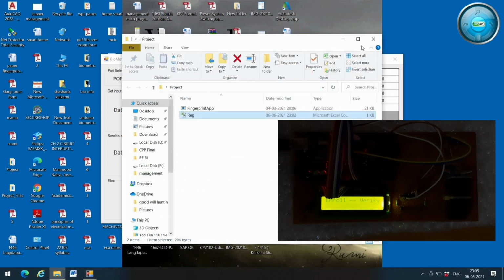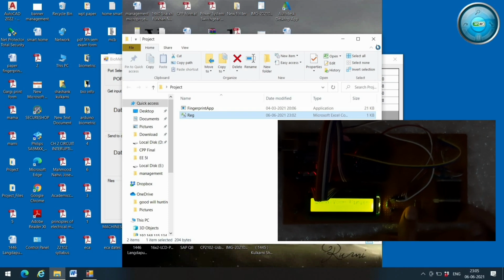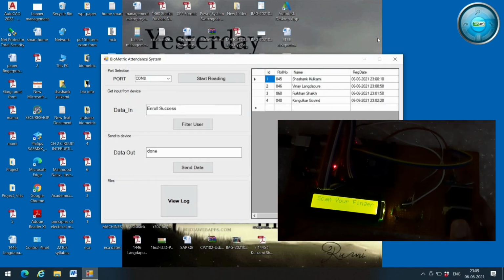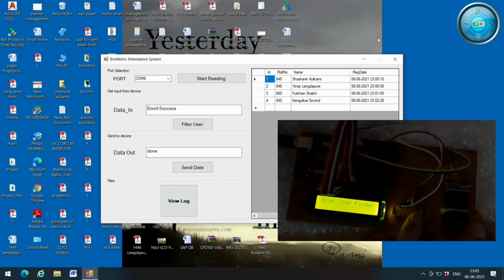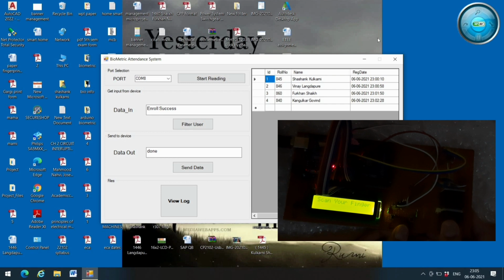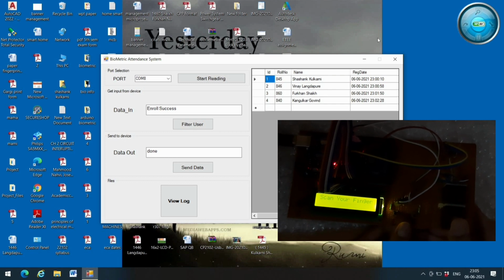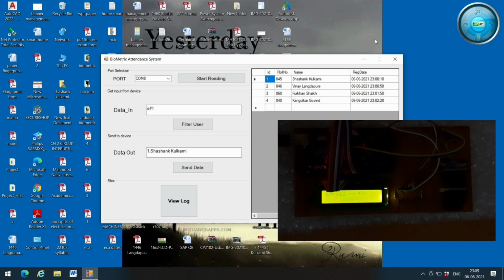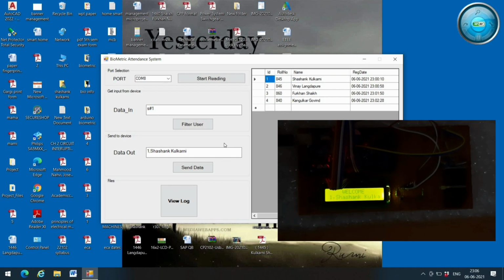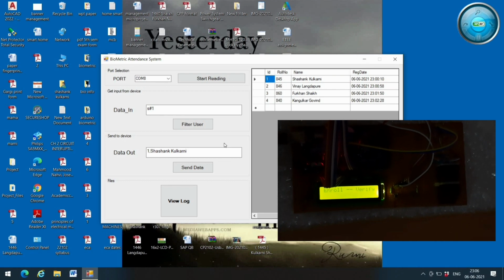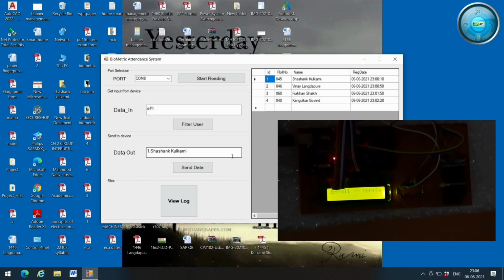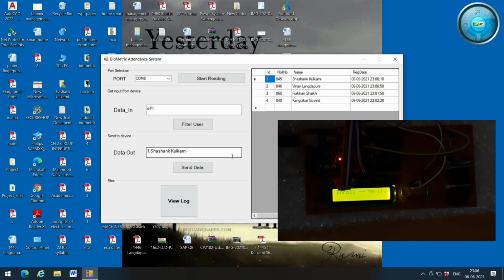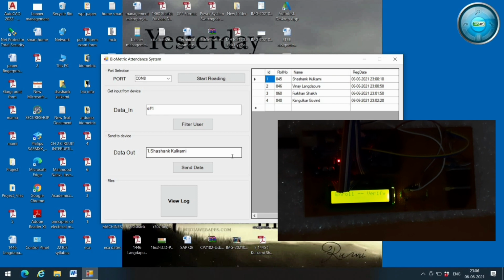Let's see the verification process. Press verification switch. Place the finger. The LCD screen is clearly showing the first ID, Shashank Kulkarni, has put his attendance and his attendance is recorded.